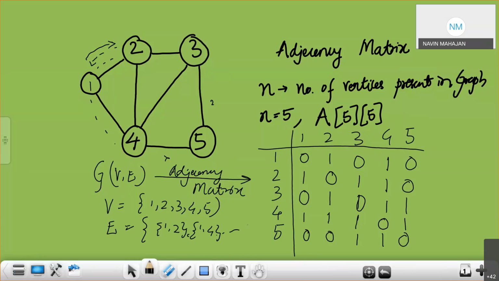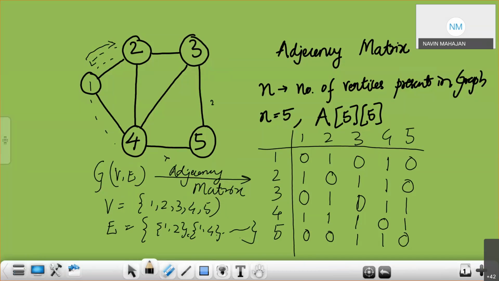You have to write all the edges like this. Understood? Any questions? How to represent a graph in an adjacency matrix? Now we have to write a program for this. Coding is altogether different, but at least you understood pictorially how a graph can be represented